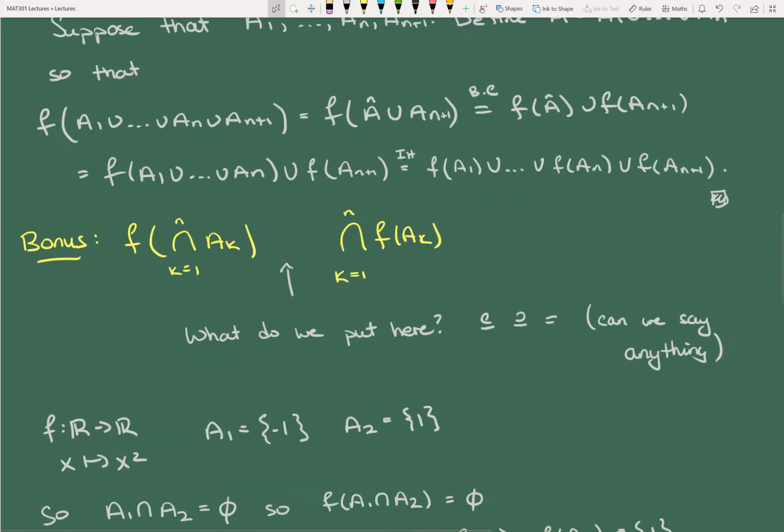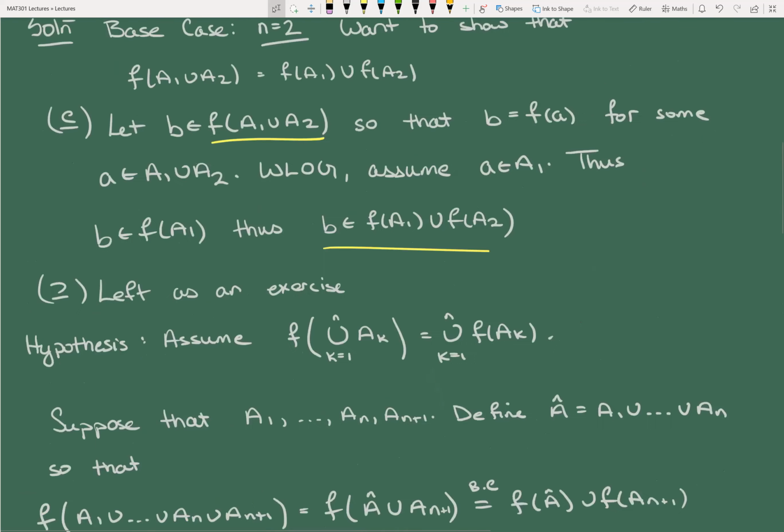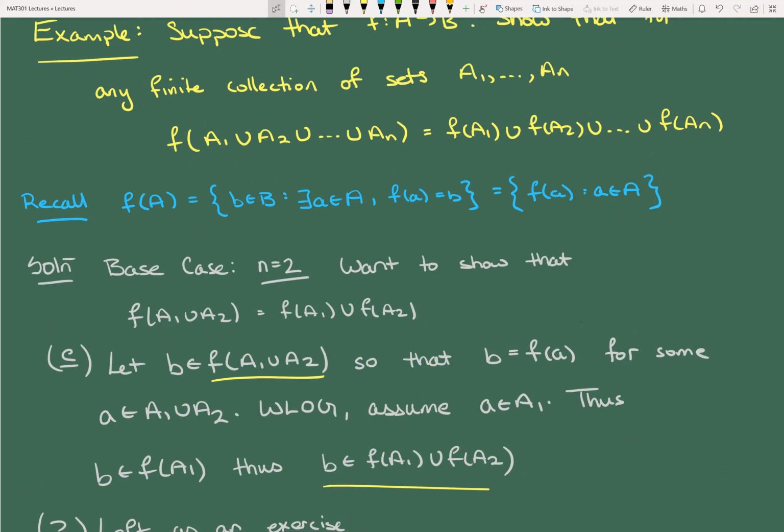So you'll notice here that the proof or the statement is that it has to hold for A1 through AN, right? And not A1 ... And there's an infinite collection of sets. I'm not saying that the result is false in that case, but you can't use induction to prove things about infinitely many things, right? Induction doesn't work that way.